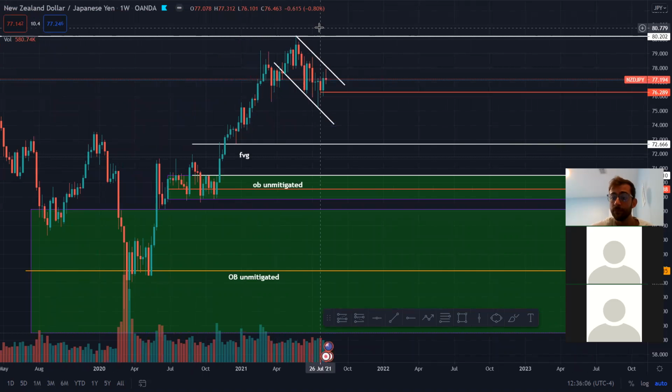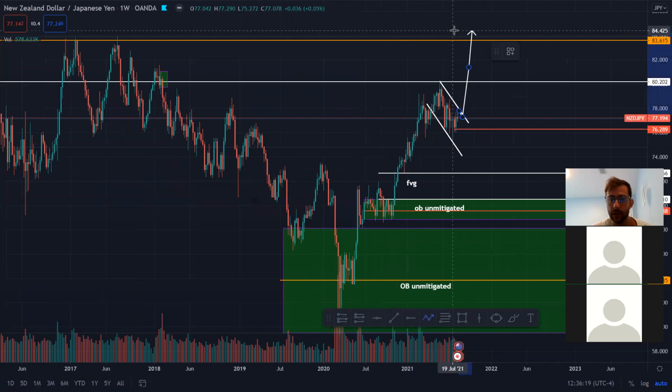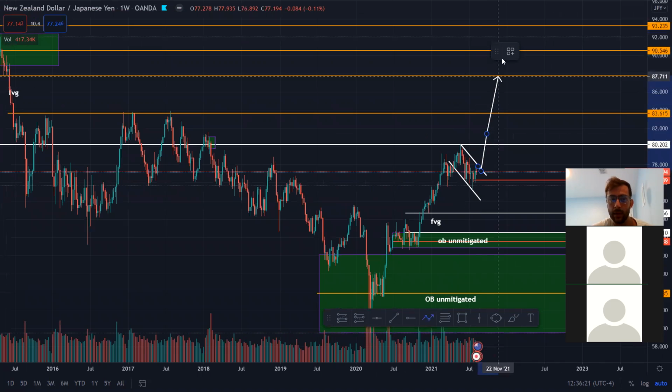So what does that mean exactly? People are going to be selling at resistance at this trend line, but in fact, creating their stop losses. The market's going to sell into those stop losses. And at that point, we're going to be moving significantly higher, taking up this fair value gap, and then maybe reaching